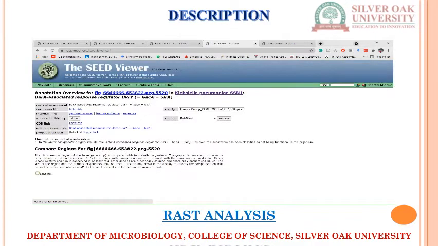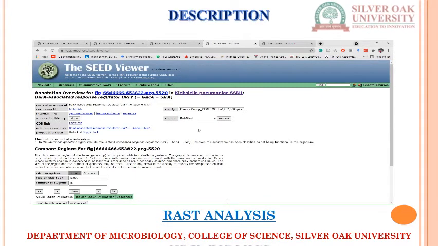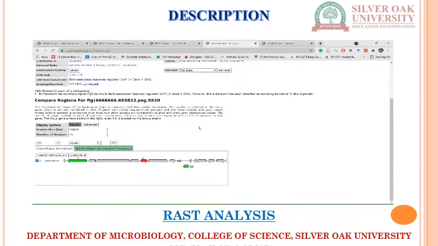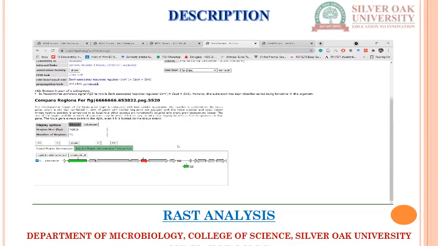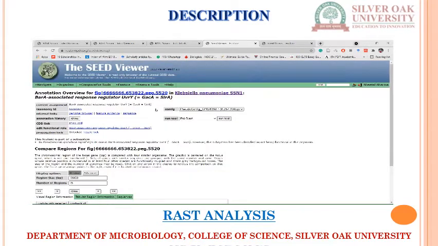Here we can see Klebsiella pneumoniae, and we have used the tool PSI-BLAST to check whether all the protein encoding genes are present in our culture or not. So this was one feature of the BLAST tool.